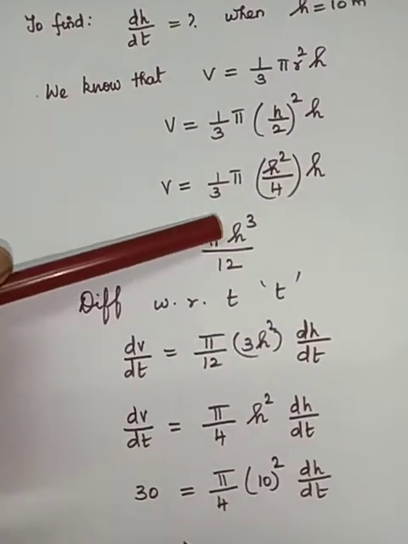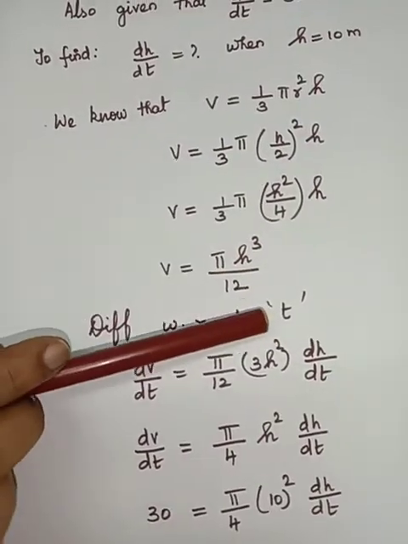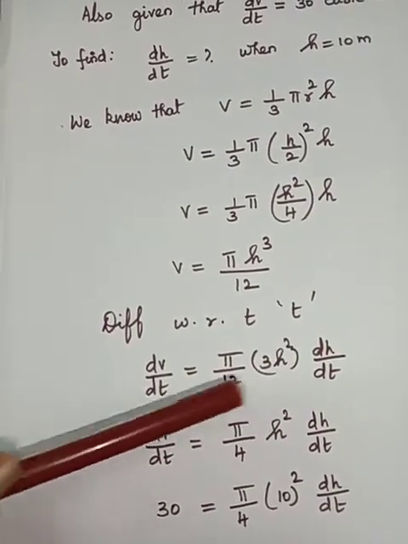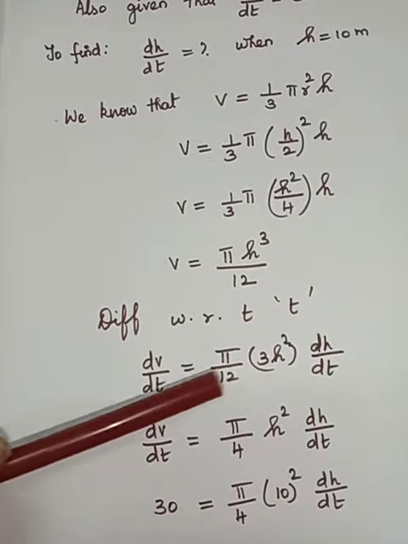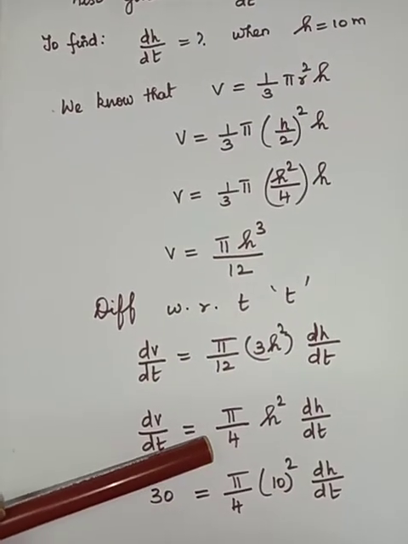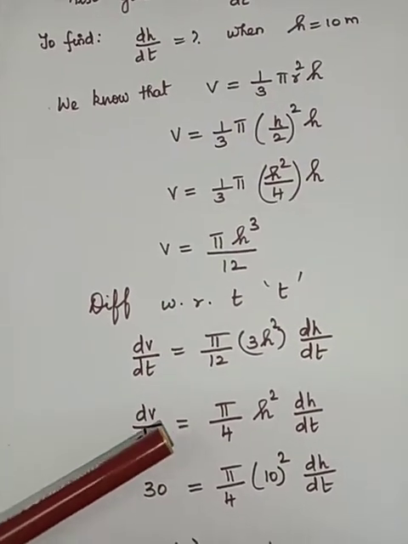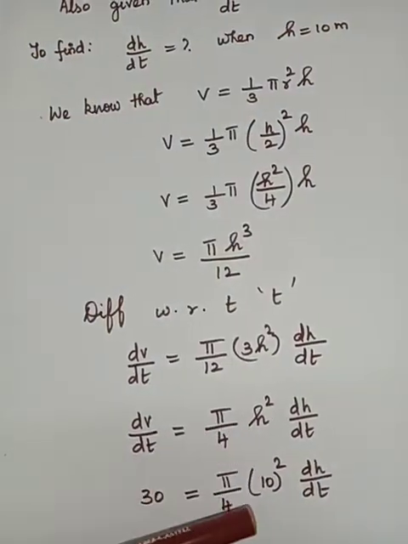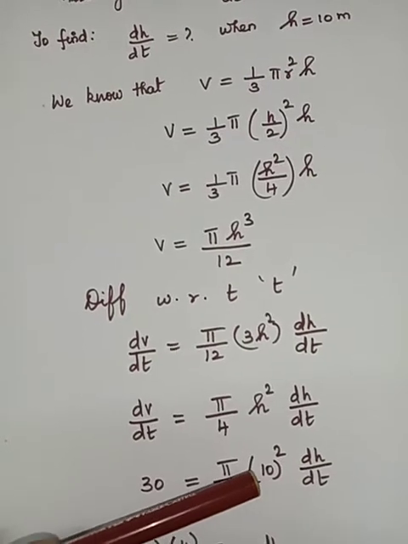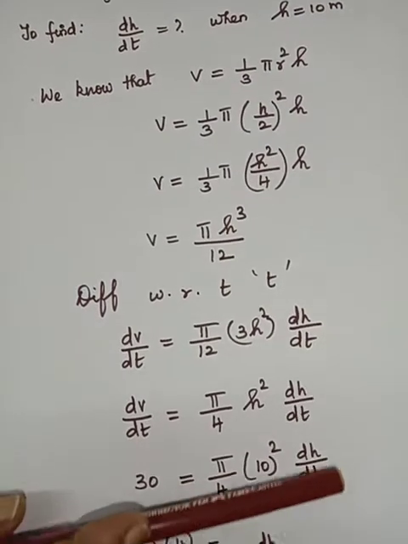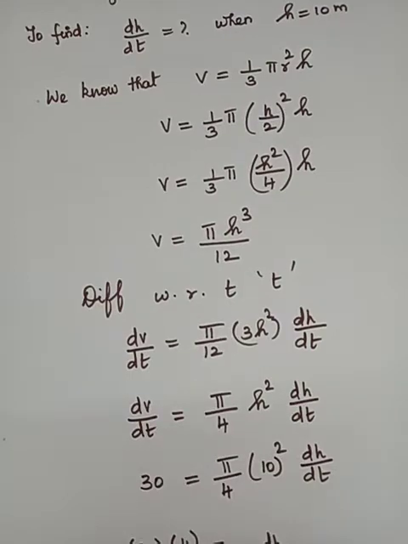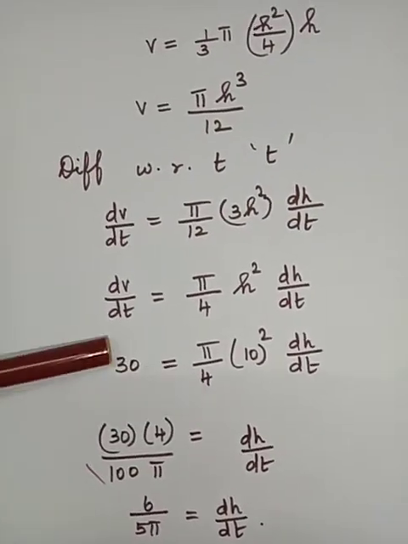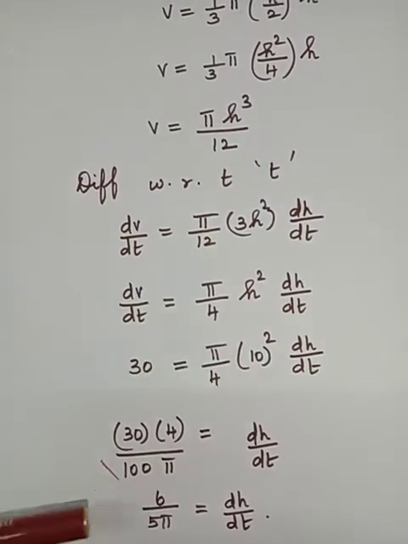And h cube we have to differentiate with respect to t. So that is 3h squared into dh by dt. Okay, 3 and 12 getting cancelled, so here you will have 4. Here h is given: h is equal to 10 meter. So in the place of h you have to substitute 10 meter, so it is 10 the whole squared. What you have to find out? dh by dt. So dh by dt is equal to 3 into 4 divided by 10 squared, which is 100